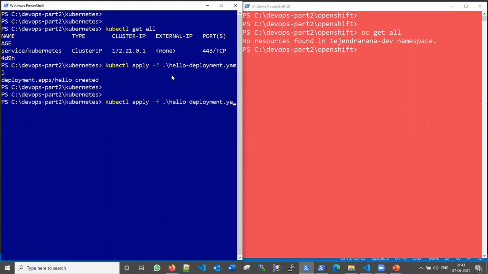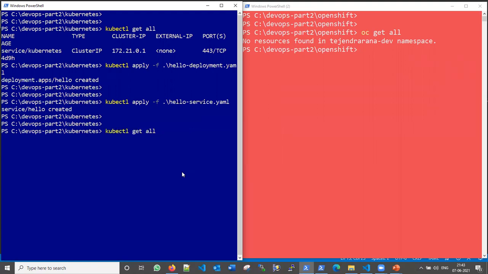Now let me also deploy our service, hello service.yaml. I hope our application should be up and running in the Kubernetes environment now. Let me see what has been created by using kubectl get all.